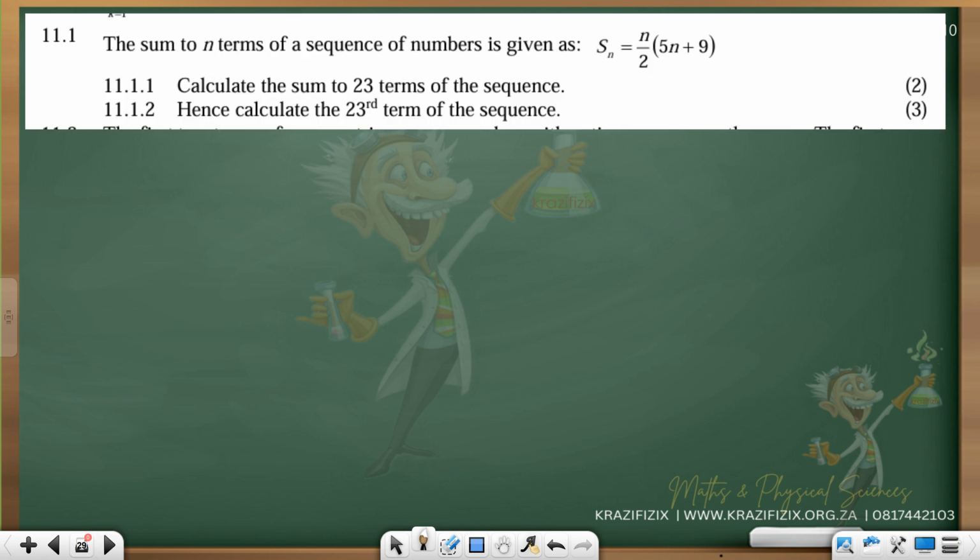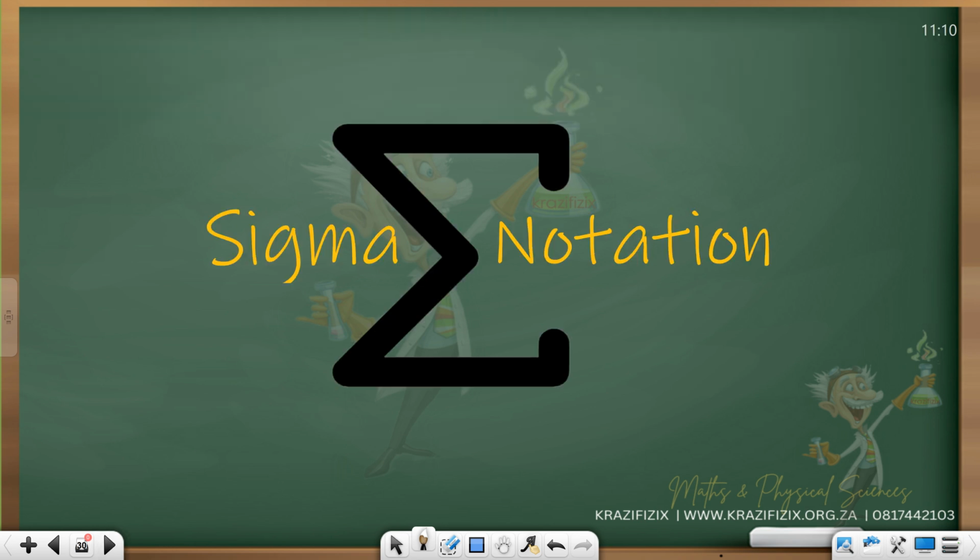And the second one, we'll go back to our Sn formula. Beautiful. Sum of 23, we just substitute 23 there, and we're looking for the 23rd term. I hope that makes sense. So calculate the sum. The sum is given as Sn. So wherever I see n, I put 23. I'm done with the first one. Then calculate the 23rd term. We know what to do there as well. We have T20. We're looking for T23. All right, we're good. So tomorrow we'll start with our sigma notation, and then we'll go on to